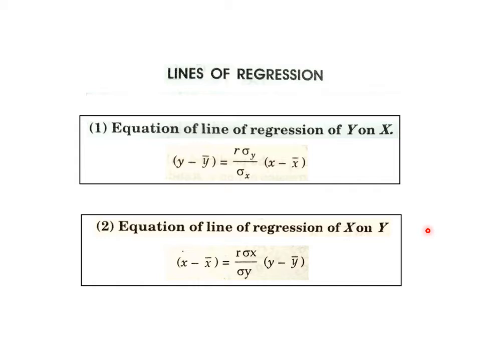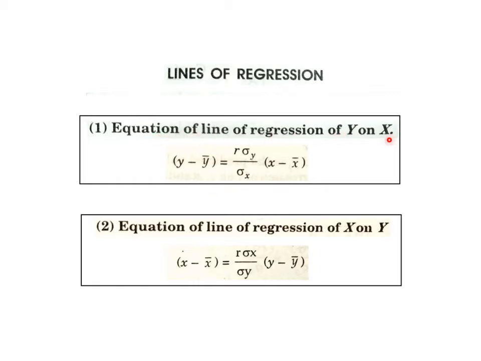So we have to find two lines of regression for a given data. That means two straight lines, one of which is close to the y axis, the other slightly close to the x axis, and all those given points are almost much closer to those two lines. So we have to find those two lines of regression in the first problem in the next slide using these two formulas.